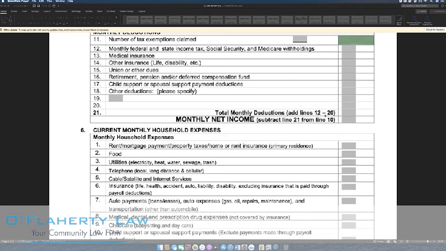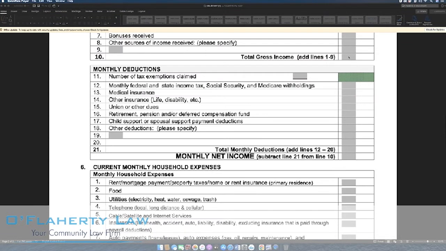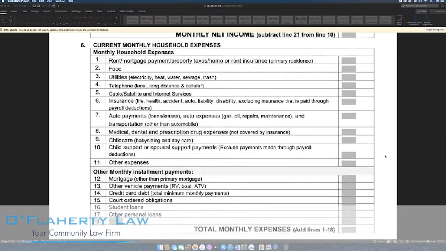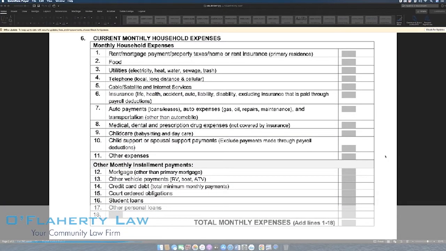So you take your deductions, the total, subtract them from the total in this line, and you'll come up with a number here for the court to look at. So total monthly deductions subtracted from total gross income that's on this line goes in this number here, or this line here. Gosh, I'm even confused by it. It's a little heavy. So now that the court knows what's coming in and what has to go out every month,